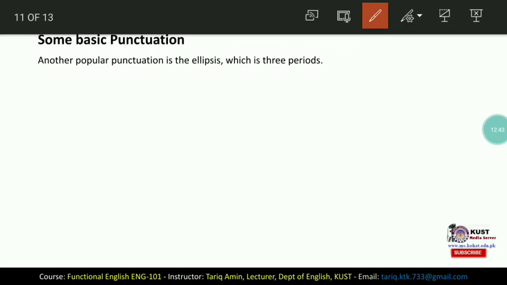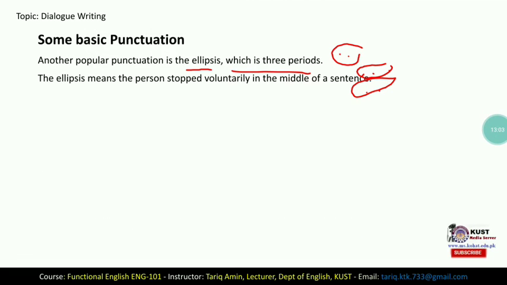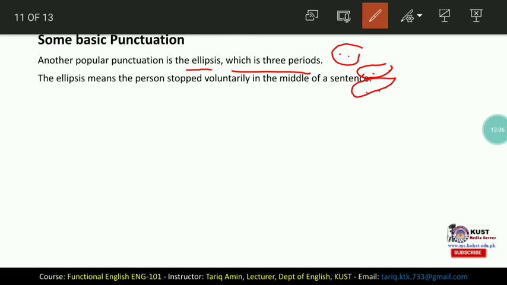Another popular punctuation mark is the ellipsis, which is three periods. We can see these three periods in different texts as well. The ellipsis means the person stopped voluntarily in the middle of the sentence.